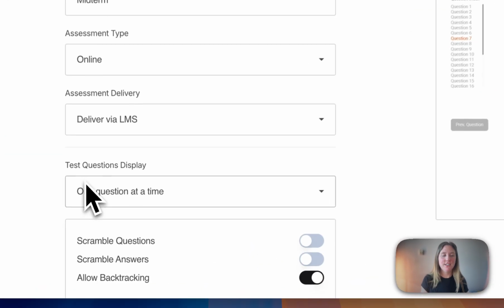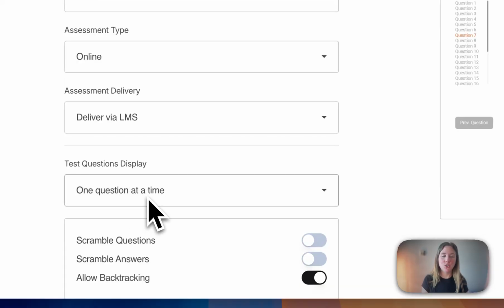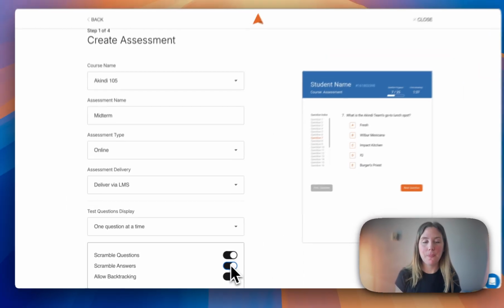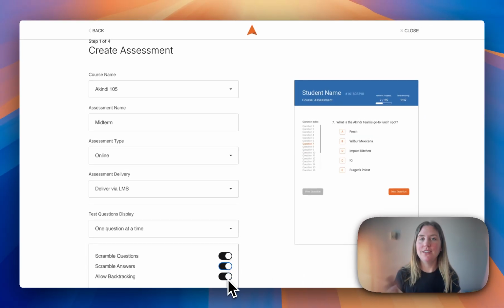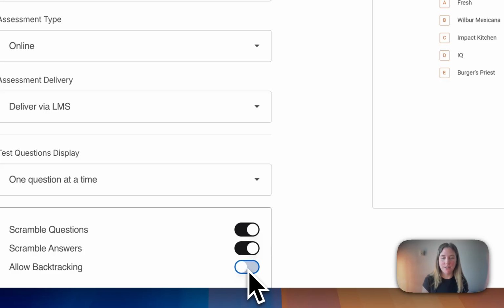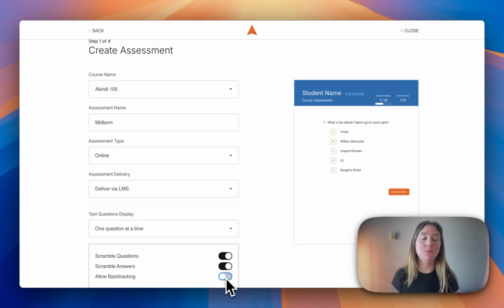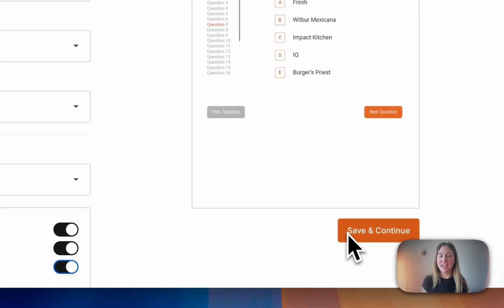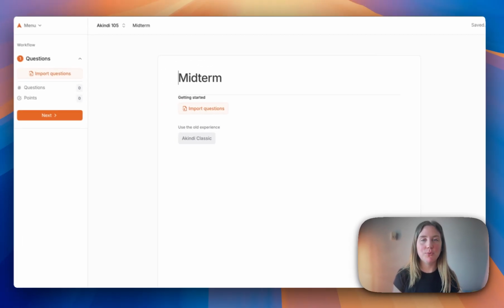You will set the test question display to one question at a time, and you can choose to scramble questions, answers, or both. By default, Akindi will allow students to go back to previously answered questions, though you can prevent them by disabling backtracking. This means students will only be able to move forward through the assessment. Once you've finished customizing the assessment, we will click Save and Continue, and Akindi will then prompt you to import